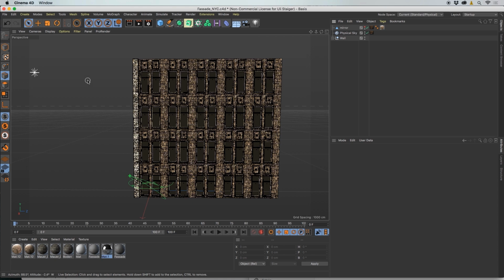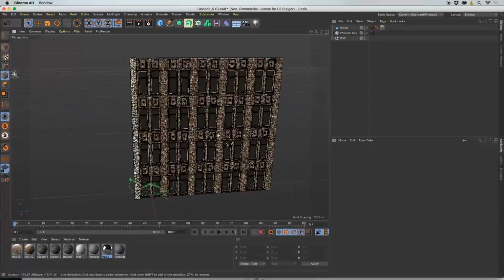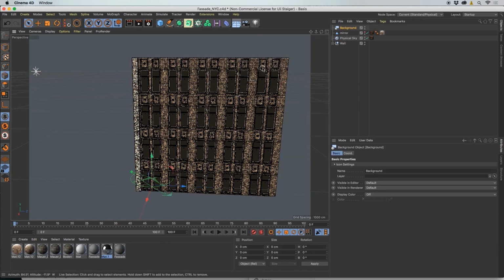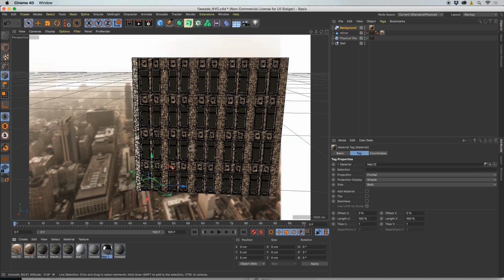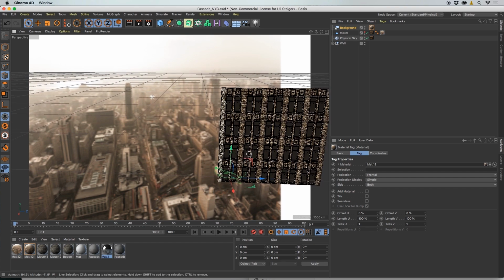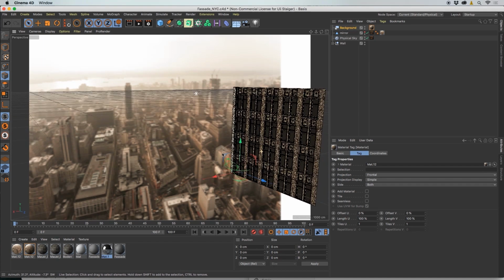Of course, we need to bring this house in the same perspective as the New York City image in the background. Background is the right word, so we just go to a background object and pick the material that shows that photograph and put it on the background. So this is the way it looks. And now we have basically two ways of bringing the same perspective to the house as we have in the